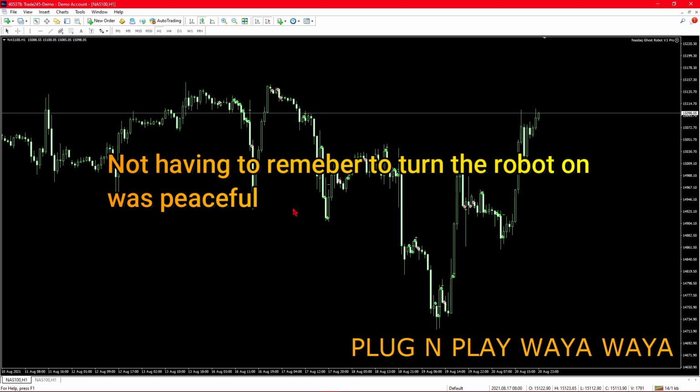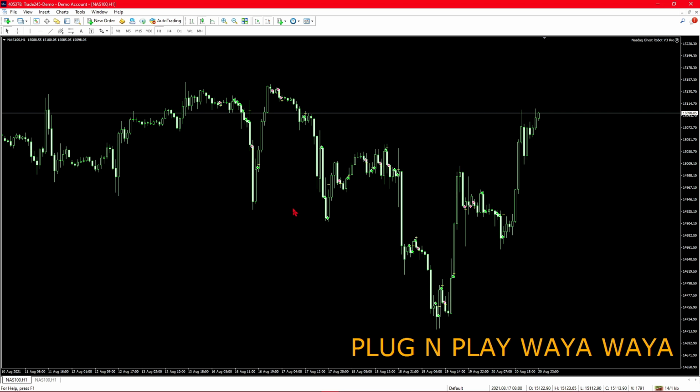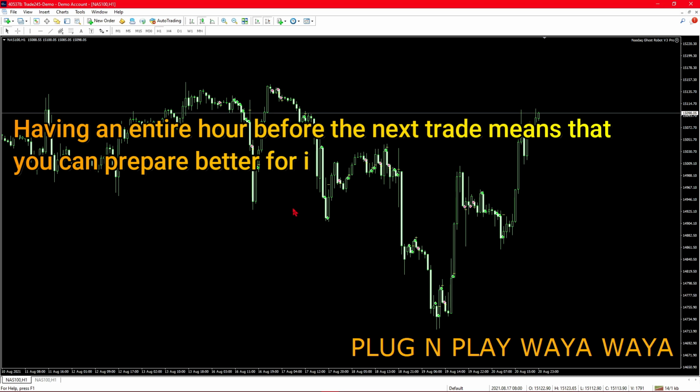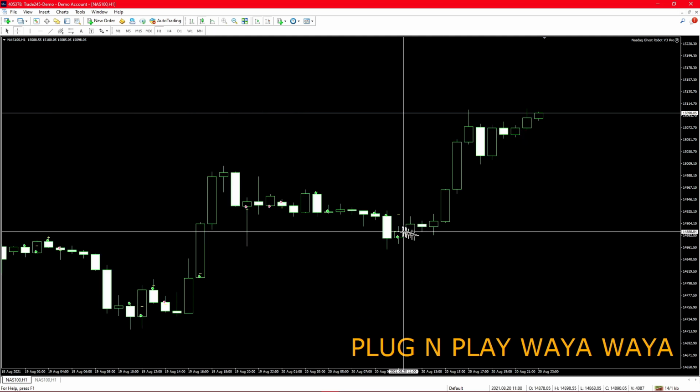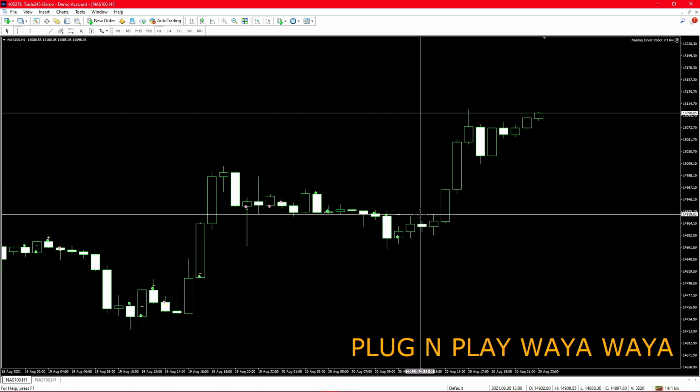It gives you freedom to do whatever you need to do, keeping in mind that you will need to keep this on for the entire time. There are periods where you can turn it off. I noticed that the robot only takes trades on the next bar. So if it was on 5 minutes, it's every 5 minute bar where there's a chance that the robot could place a trade. So every hour there is a chance of a trade being placed, meaning that if your trade has already hit its take profit, say we zoomed into this trade over here,